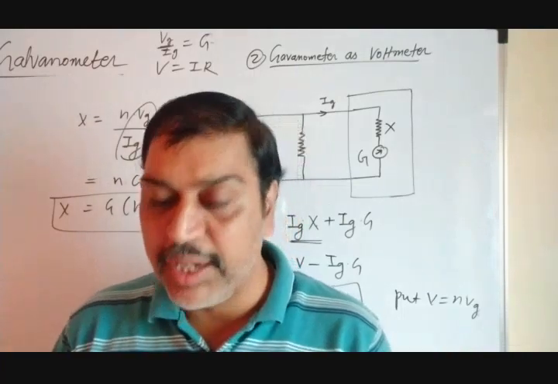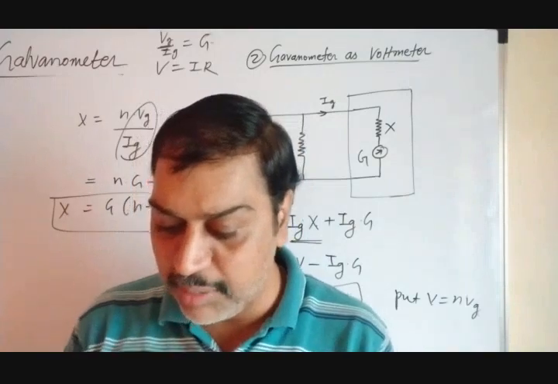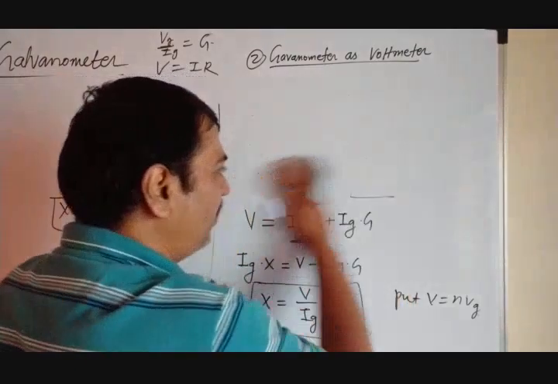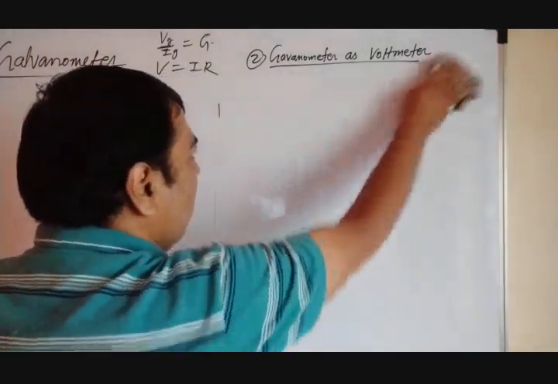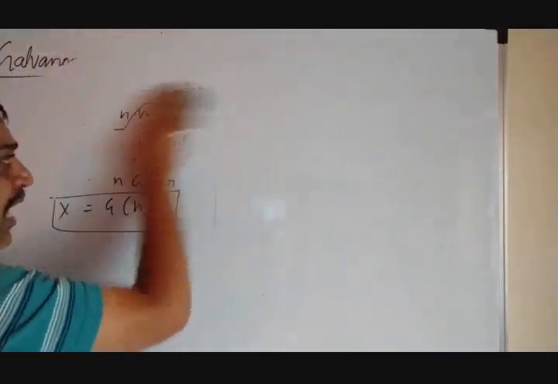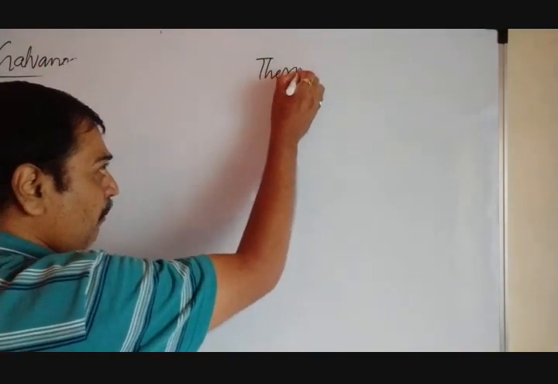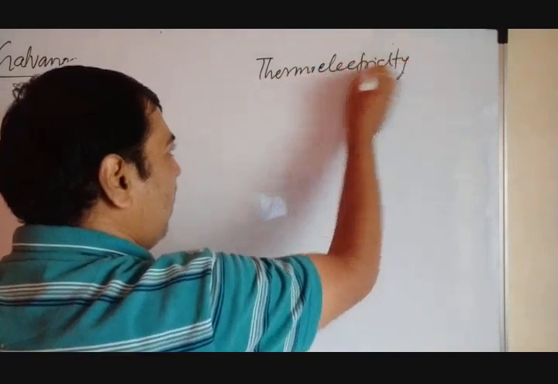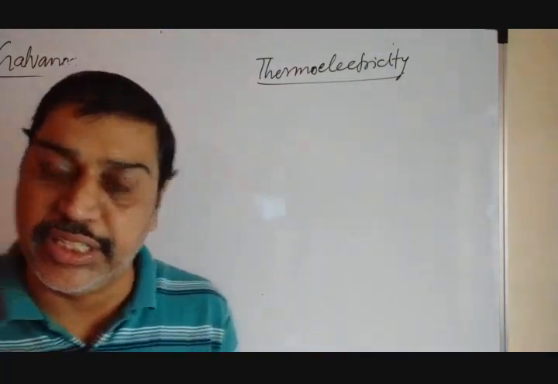Now let's go to the next one, thermoelectricity. The next topic, the blue part they have mentioned in your book, is thermoelectricity. What is thermoelectricity, that we have to learn. And apart from this, how it is measured, what the name of that instrument is, and what the name of that effect is, that we have to learn. So let's start with thermoelectricity. As its name suggests, thermoelectricity is nothing but electricity produced due to a change in temperature.